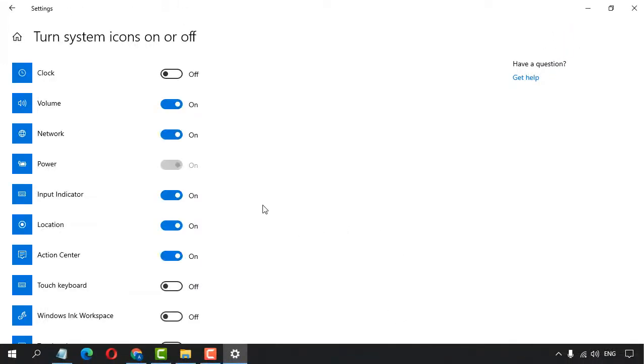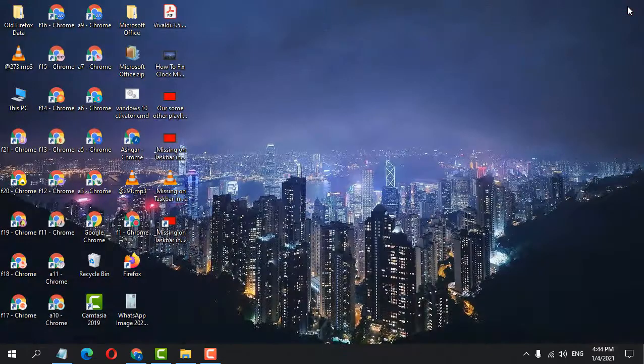and here the first option is Clock. So if you want to enable it, select the toggle on position. If you want to turn it on, select the toggle on position. So guys, this is a very simple and easy method if you want to fix the clock missing on the taskbar in